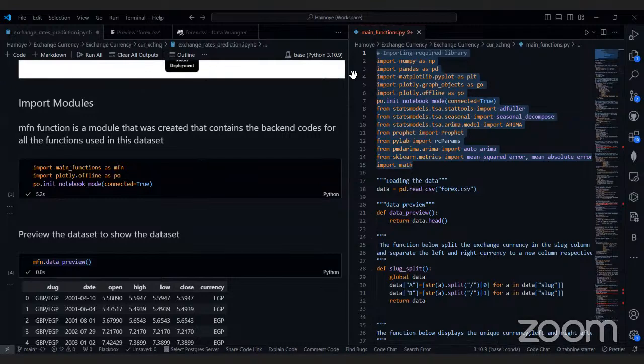So what I'm asking is to also upload the main function.py file when you'll be uploading the code that we are having here. I don't know if you understand what I'm saying.